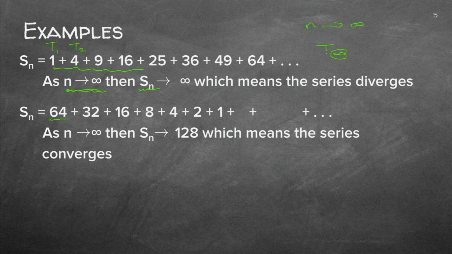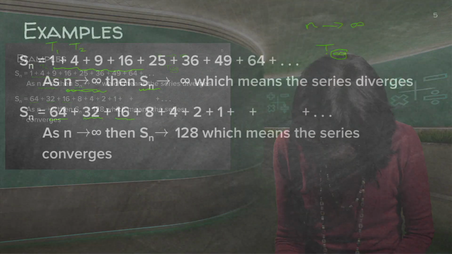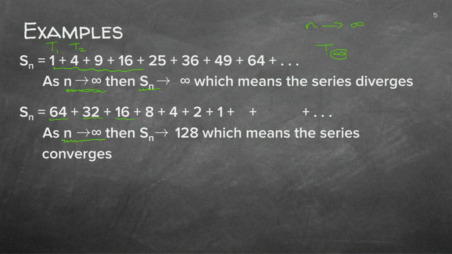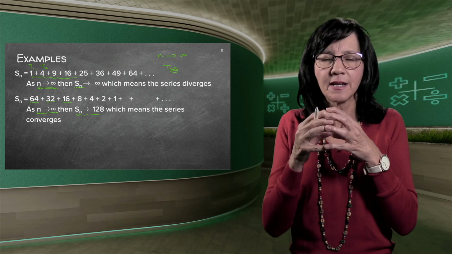If it's something like this, 64 divided by 2 is 32, divided by 2 is 16. So divided by 2 actually means I'm timesing by a half. You agree with me? So when I'm timesing by a half, the numbers are getting smaller and smaller and smaller. So here, if n tends to infinity, then Sn, now we're going to do examples. You will not know where it's coming from now, but we're going to do the example, tends to 128. So it will give me an answer, which means the series converges. It comes closer and closer, so you can get an answer in the end.